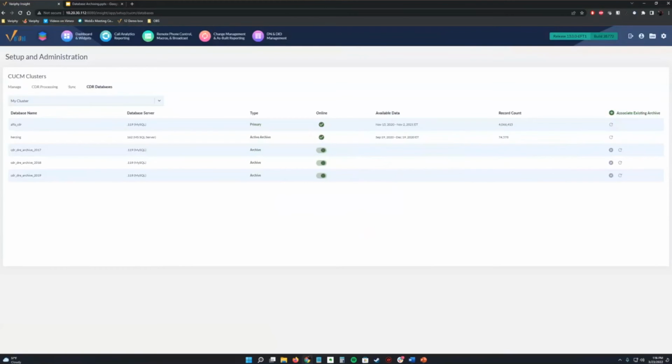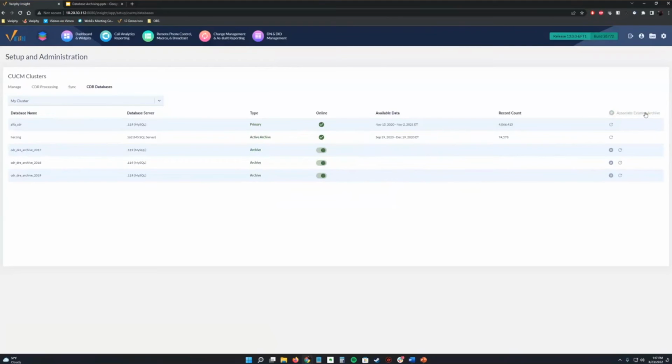Let's go back over here and talk a little bit about this online and offline. You can always keep these on, so it's never going to query these databases unless you're searching for that time range. If this was the month of March, when you run a report and pick a date within that month range, it's just going to query that database. But you can turn those off if you need to. Most of the time, I think you'll be able to keep those archives on.